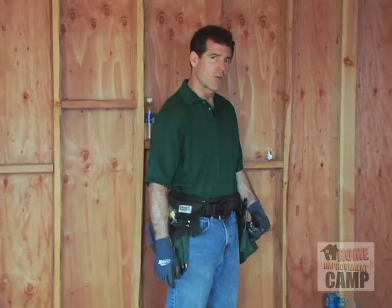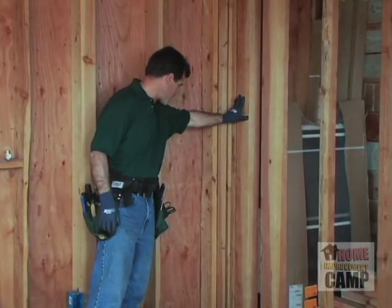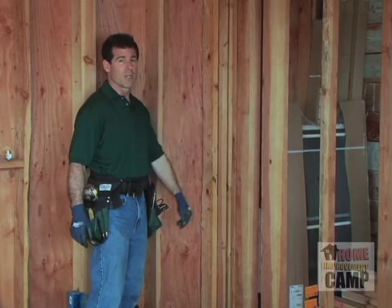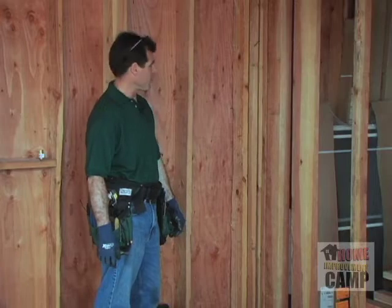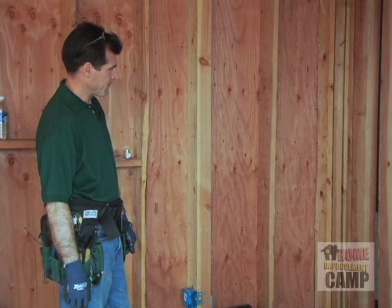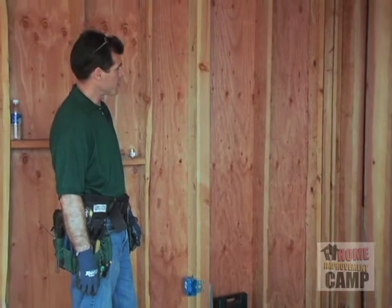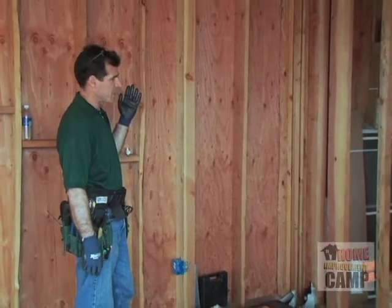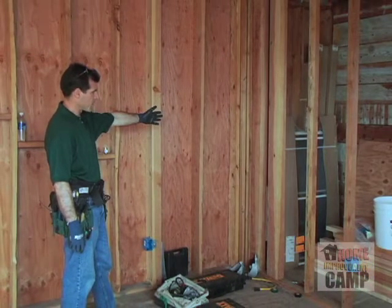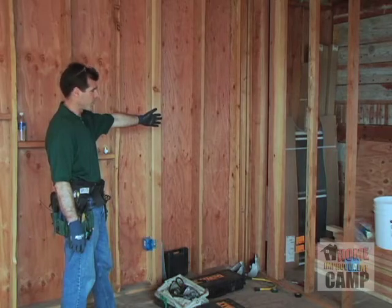We've got a pretty tough corner over here to go through. So getting around this corner, we could hack up their beams and drill around it, but I'd really rather not do that. So I think what we're going to do is, we've got a few things to consider. We've got to consider where we're bringing our circuits in. We know we're bringing them in from that direction. And we've got to consider where we're going to be junctioning and which directions we're going to run our wires from, since